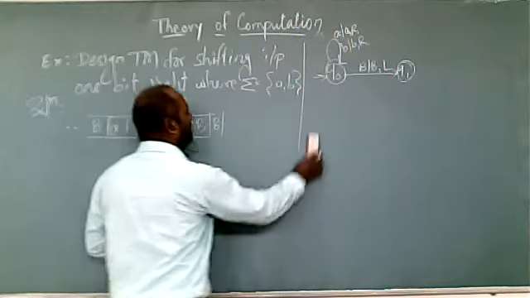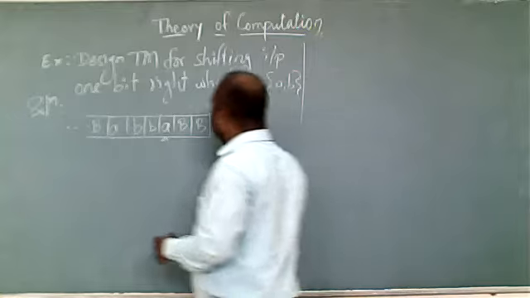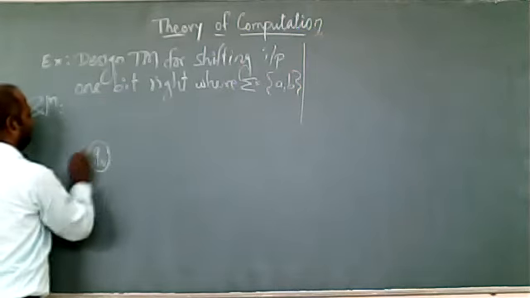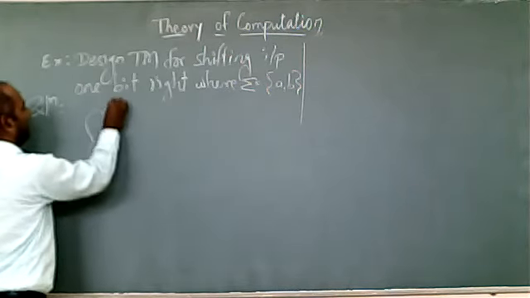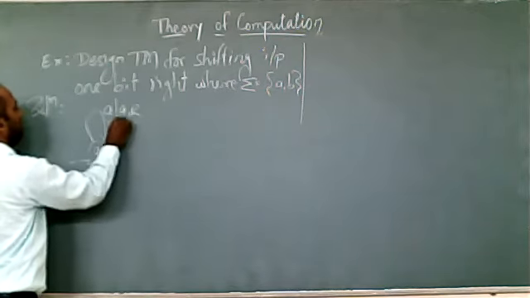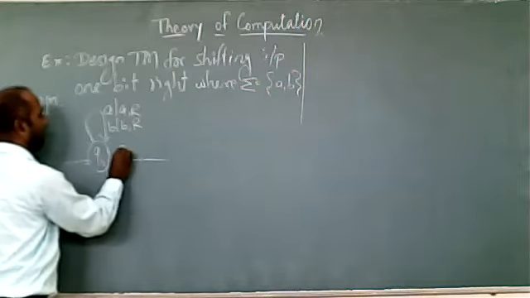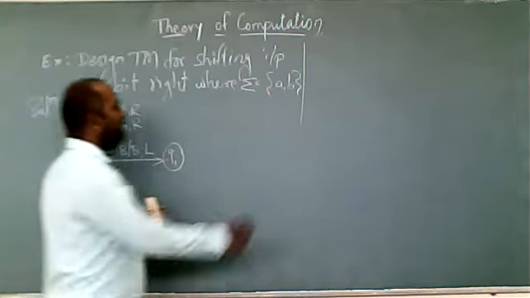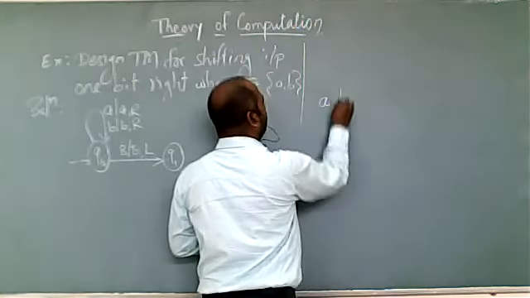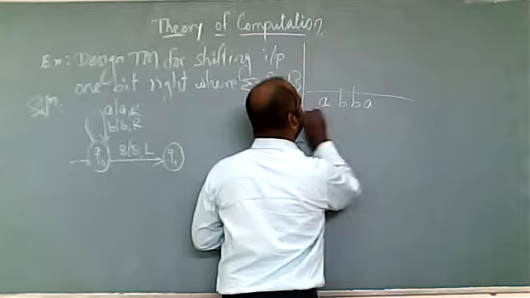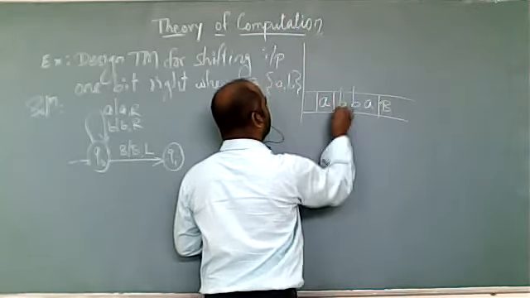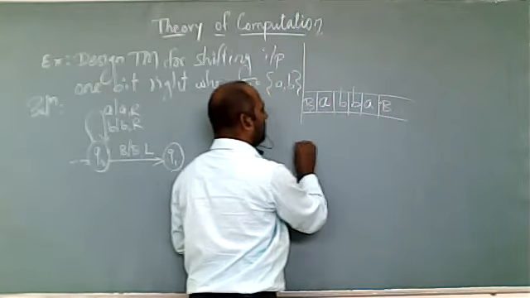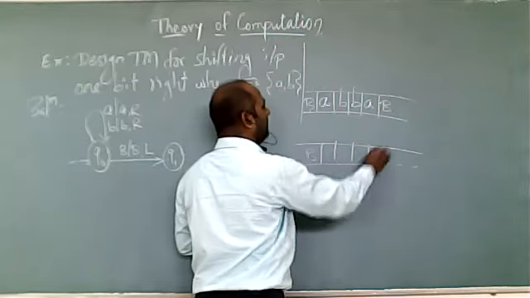This we will design here, because it requires more space. Q0 with self loop: skip A, skip B, and right. If I get blank, blank as it is and left. We'll write the input here: A, B, B, A. This is your input. Or you can take one more input, so that we apply the logic to any string.